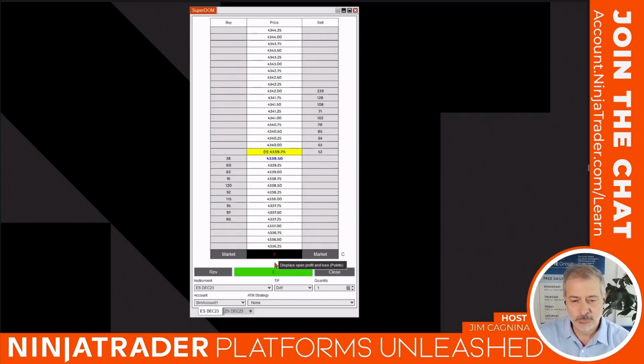and you can display it in a lot of different ways, right? You could display it in points or dollars or ticks. You just click on it. Just click at the bottom. It will change that display to whatever format you want to see, as your trade is open, right? This is an open trade, so it's not going to say flat. It's not going to say anything. It's going to say the number, my mark to market